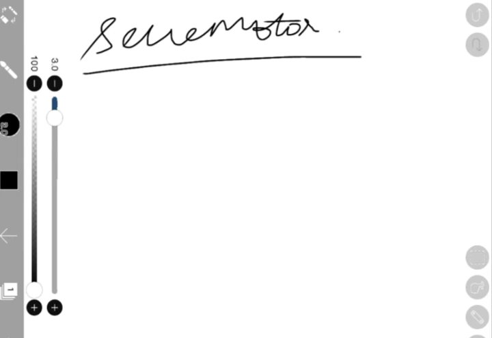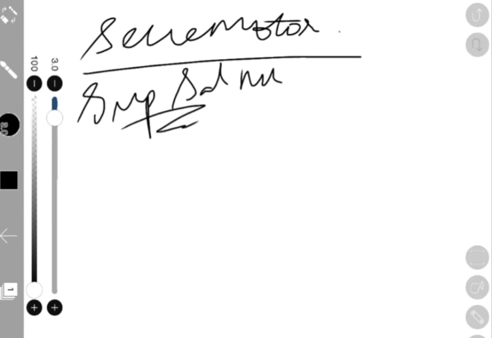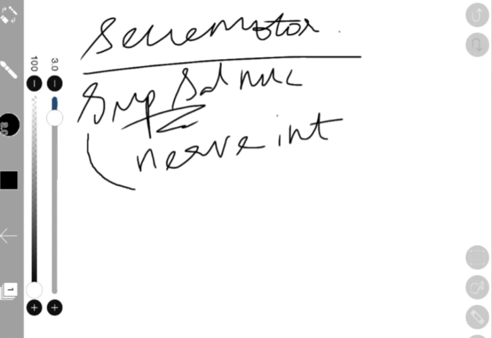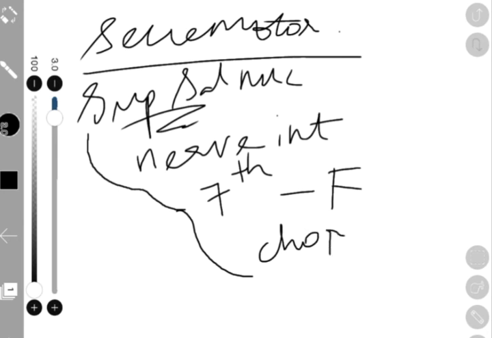Okay, so there is something called the superior salivatory nucleus. The superior salivatory nucleus is situated in your brain. From the superior salivatory nucleus, you will carry the nerve fibers through the nervus intermedius. There is a nerve called the nervus intermedius. From there the nervus intermedius carries the nerve fibers, and then by the seventh cranial nerve, which is your facial nerve, and then by the chorda tympani. Chorda tympani is a branch of your facial nerve.